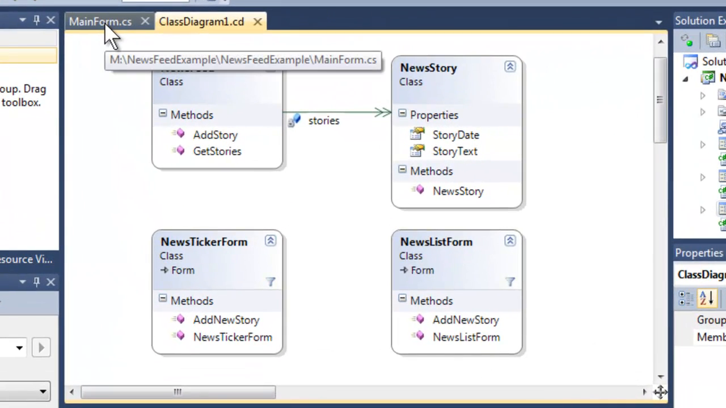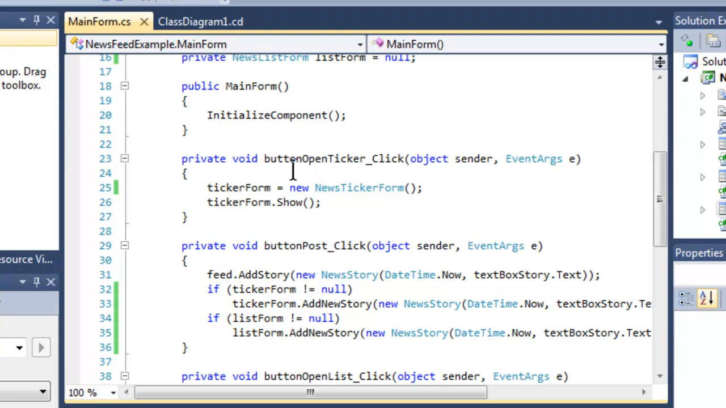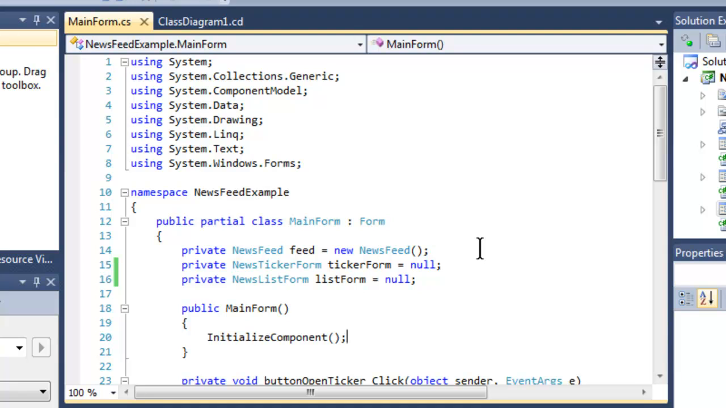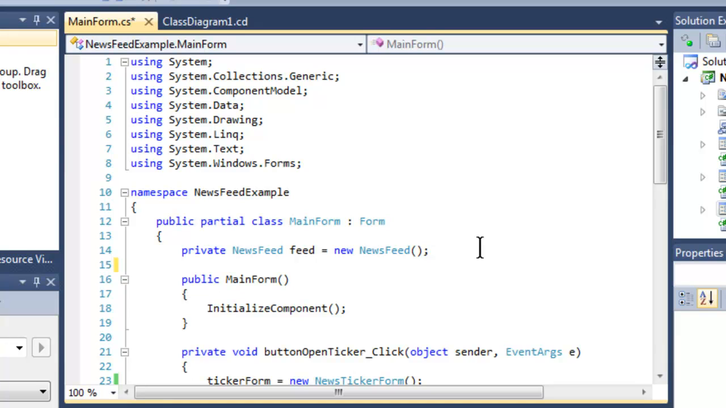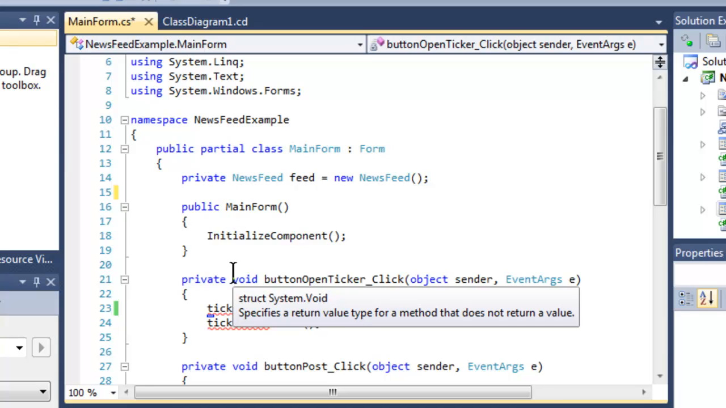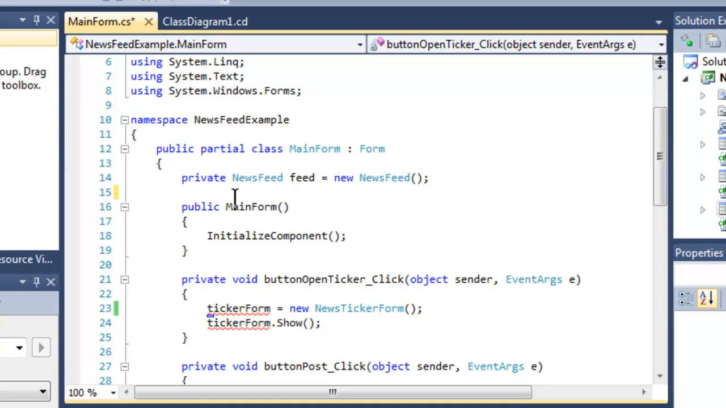Let's go back into our application, and I'm going to take out a number of things. So first of all, I'm going to only keep at the form level the news feed itself. I shouldn't have to track all the instances of the forms that are running. That's actually something that C# does in the background, and it's not something we normally would want to do. So I'm going to remove those, and that's going to make it so that I need to actually declare the fact that this ticker form is a news ticker form